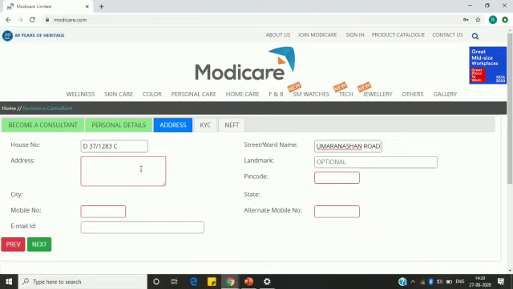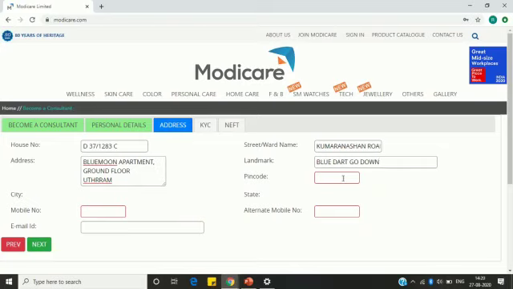And in the address column, type the complete address. So I write Blue Moon apartment, ground floor, and house name as Uttaram. Landmark is also very much needed because this helps the courier people to trace your location. So give the landmark. In this example, I am giving the landmark as Blue Dot.